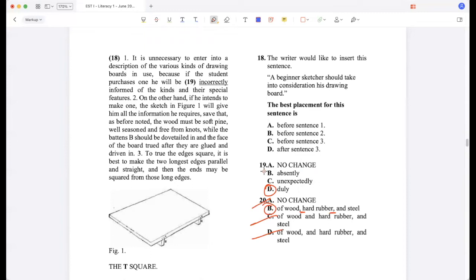Enter into a description of the various, because if the student purchases one, he will be okay. Yeah. Then if he intends to make one, okay. A beginner sketcher should take into consideration his drawing board. Yeah, I think I'll start because it sounds like a good introductory statement. So before sentence one,